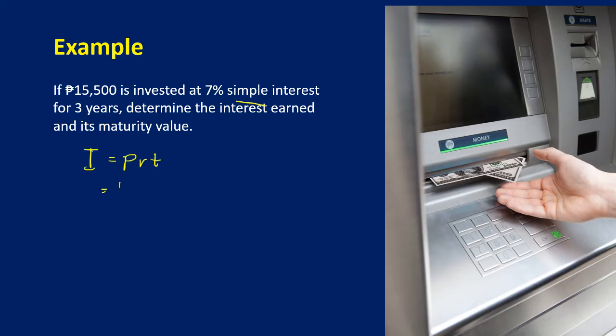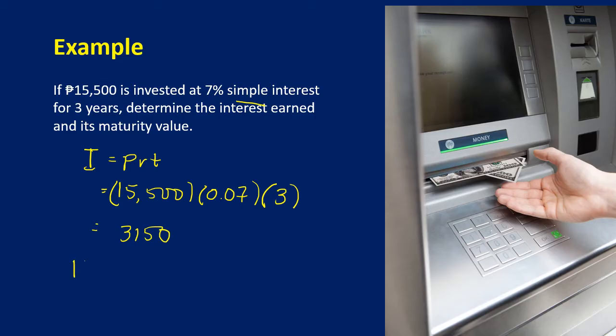My principal amount is 15,500. My rate is 7%. So that's 0.07 times T in years is 3. So what is that? 15,500 times 0.07 times 3, you get